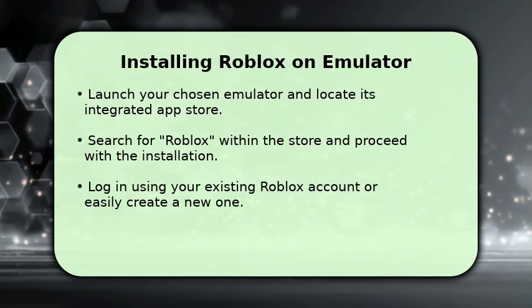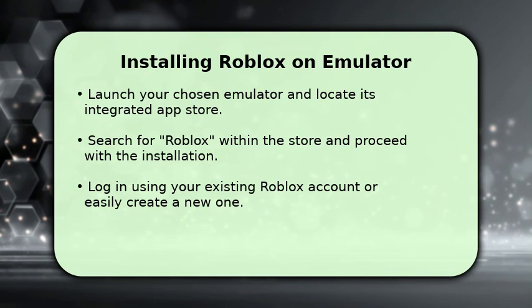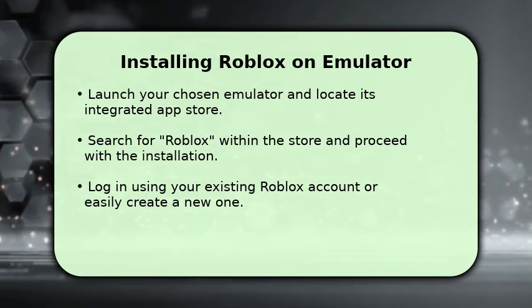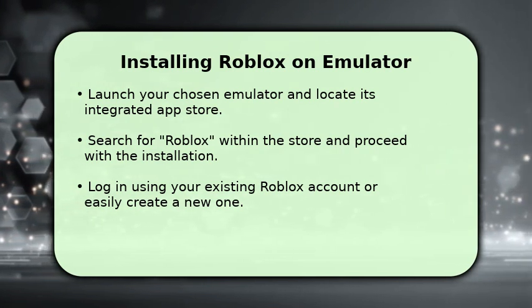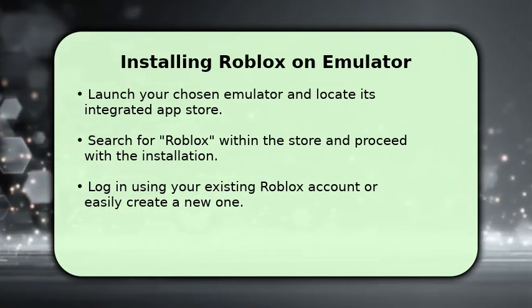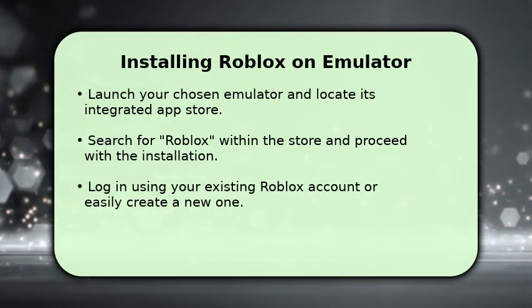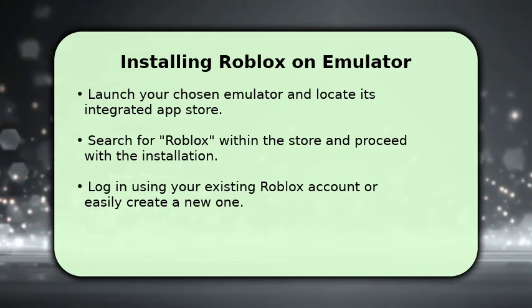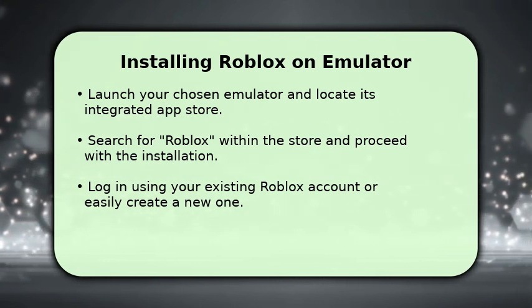With your emulator successfully installed, it's time to get Roblox up and running. Open the emulator, and you'll typically find an icon for its built-in app store, much like Google Play. Navigate to this store, use the search bar to find Roblox, and then click to install it. The download and installation should only take a few moments, depending on your internet speed. Once installed, simply open the game and log in with your current Roblox credentials or sign up for a brand